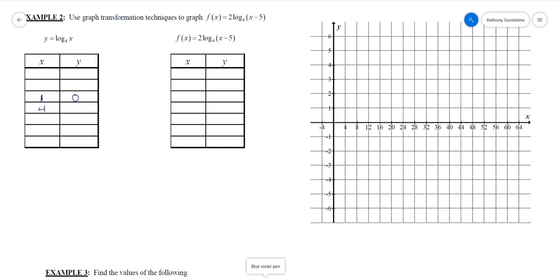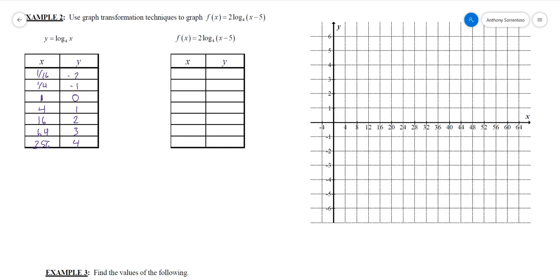Other powers of 4 would be 4, 16, 64. Next one would be 256. These represent basically your 1, 2, 3, 4. These are the exponents that would raise 4 to get the numbers that I have for x. And of course, I also want to consider things like 1/4, which would give me the -1, and 1/16, which would give me the -2. And so I'm going to graph this on here,